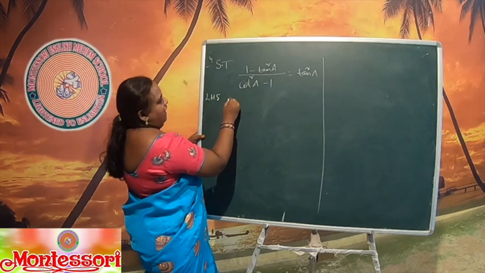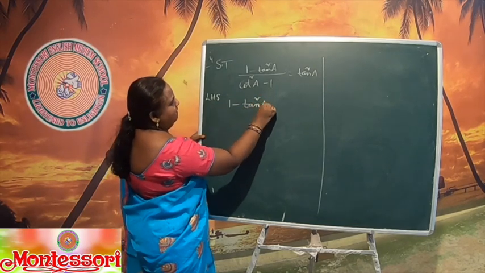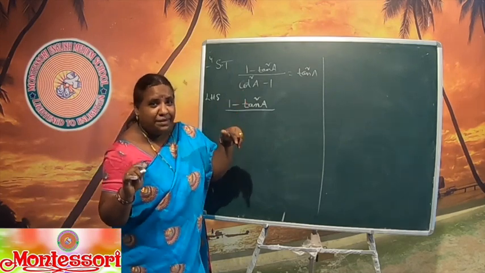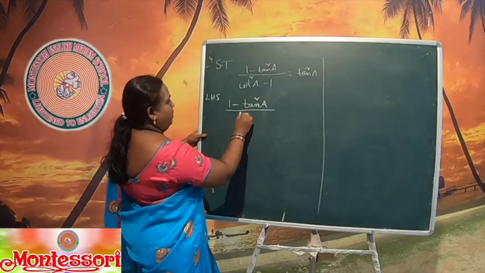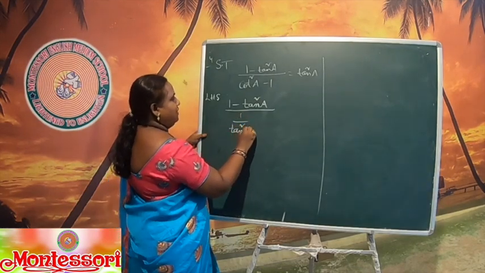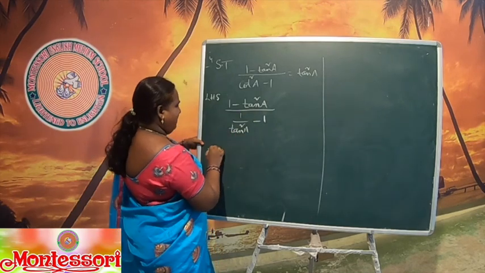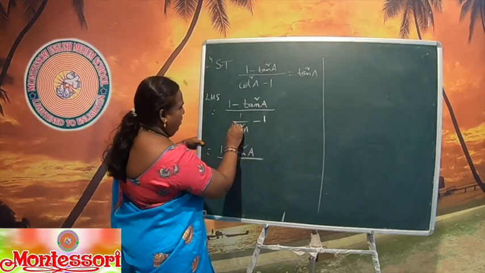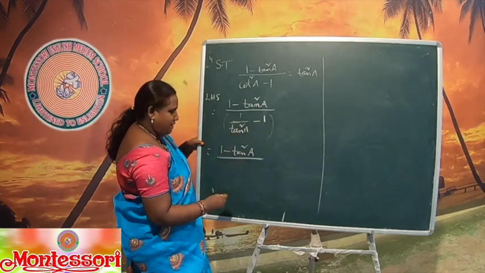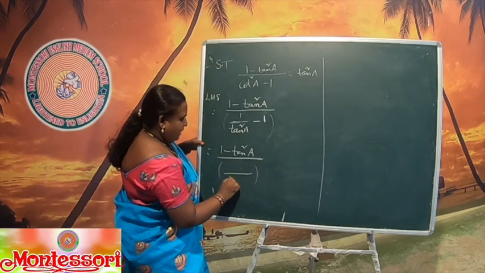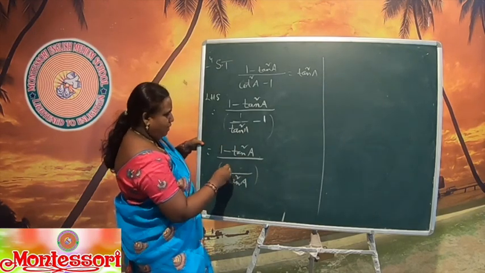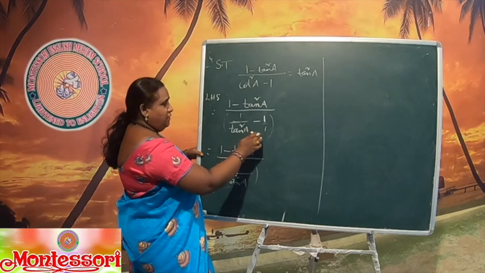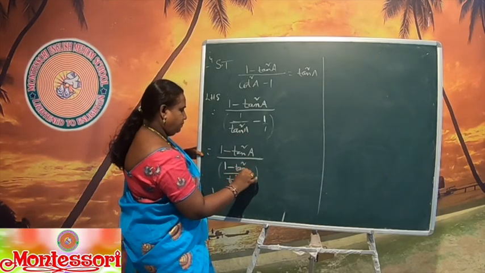Take LHS. In the LHS numerator I am not changing anything. As it is I am writing here: 1 minus tan square. I know that cot A is the inverse of tan A. So I am going to change fully to tan. So 1 by tan square A, or 1 square by tan square A, minus 1. Numerator as it is, 1 minus tan square A by, now I will do the LCM for this. This is the fraction. Do it carefully. So tan square A is the LCM. Now 1 minus, directly you should multiply because here 1 is there. So with 1 we have to multiply tan square A.